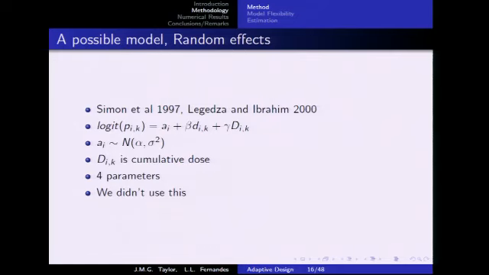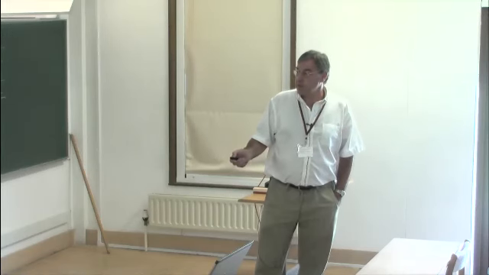The probability of toxicity for patient i, cycle k, depends on the cumulative dose term, the dose you're actually giving at that cycle, and some random effect to induce correlation, to reflect that each person has their own level of frailty. D is the cumulative effect, capital D, the cumulative effective dose. There are four